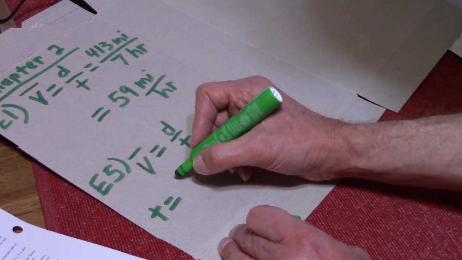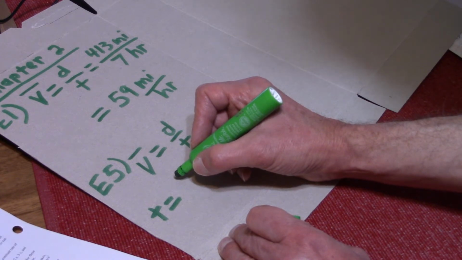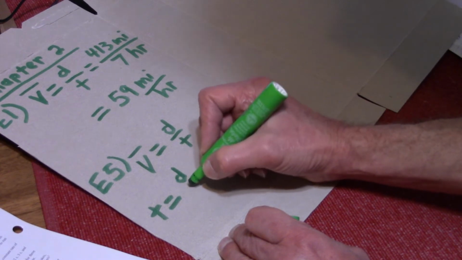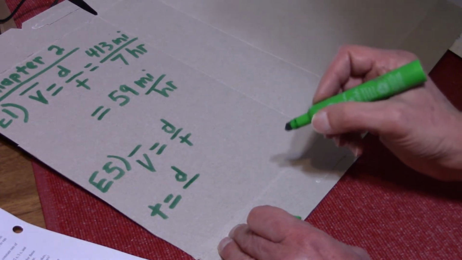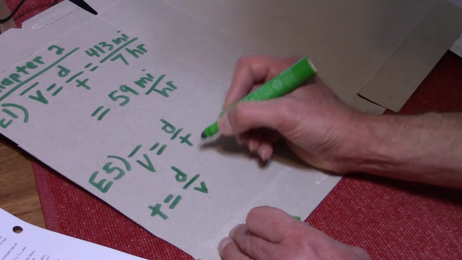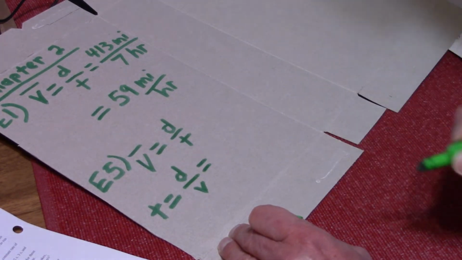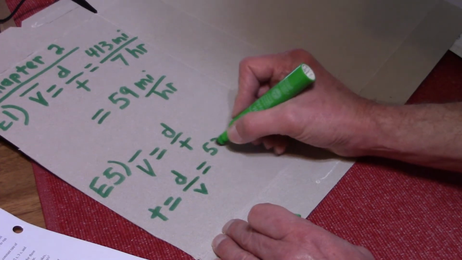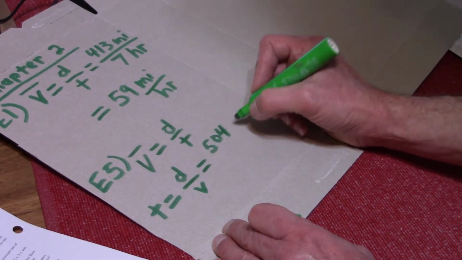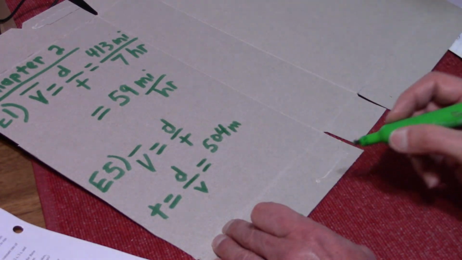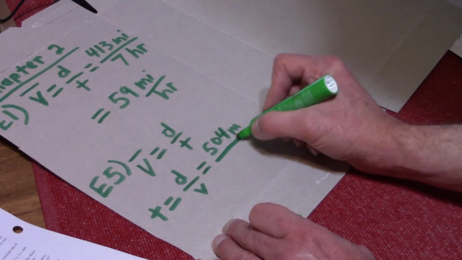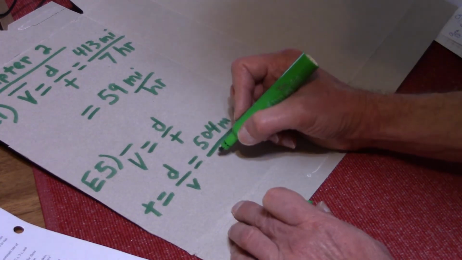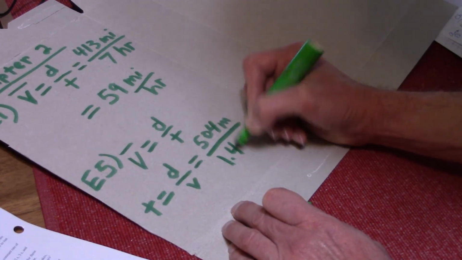Distance divided by velocity. So that would equal 504 meters divided by 1.4